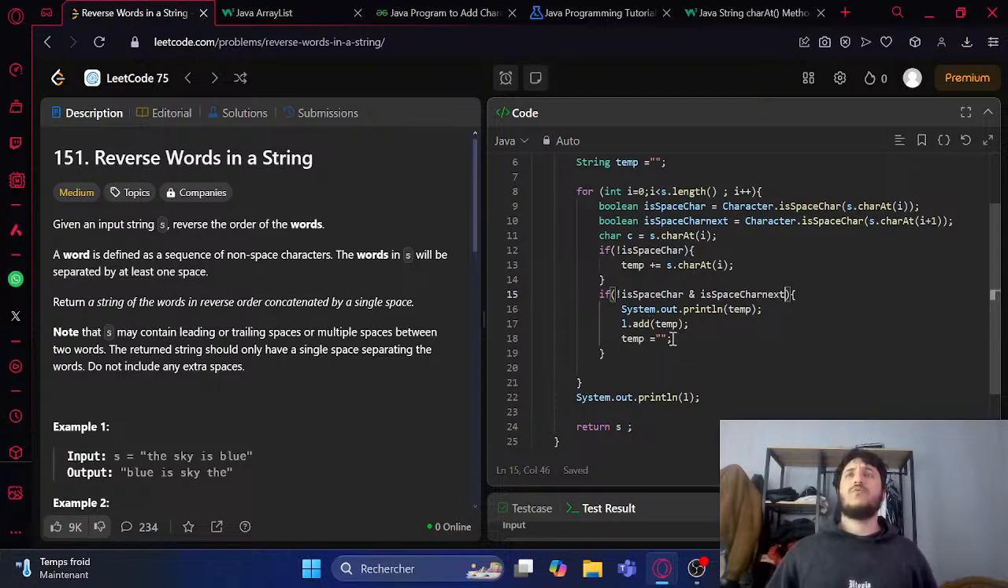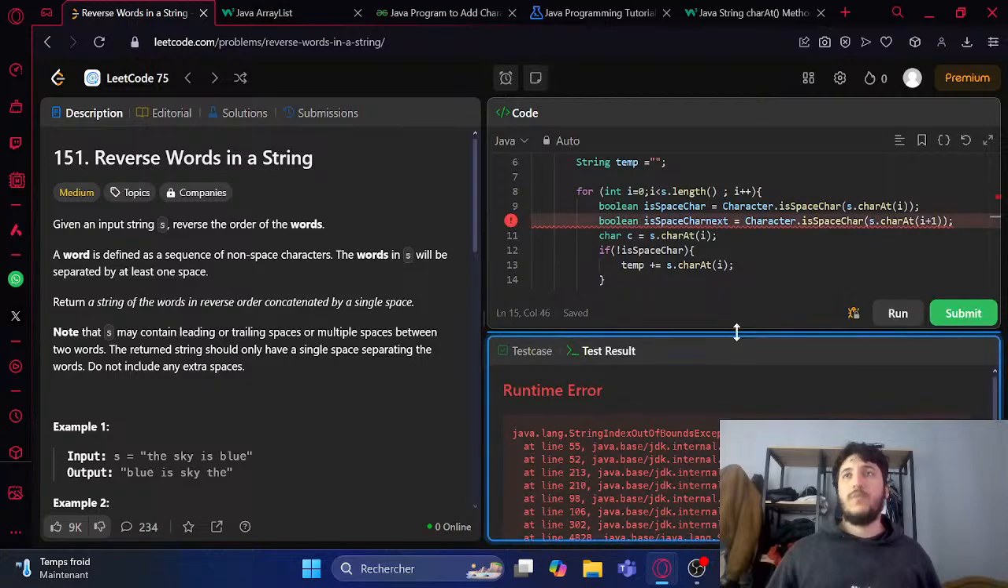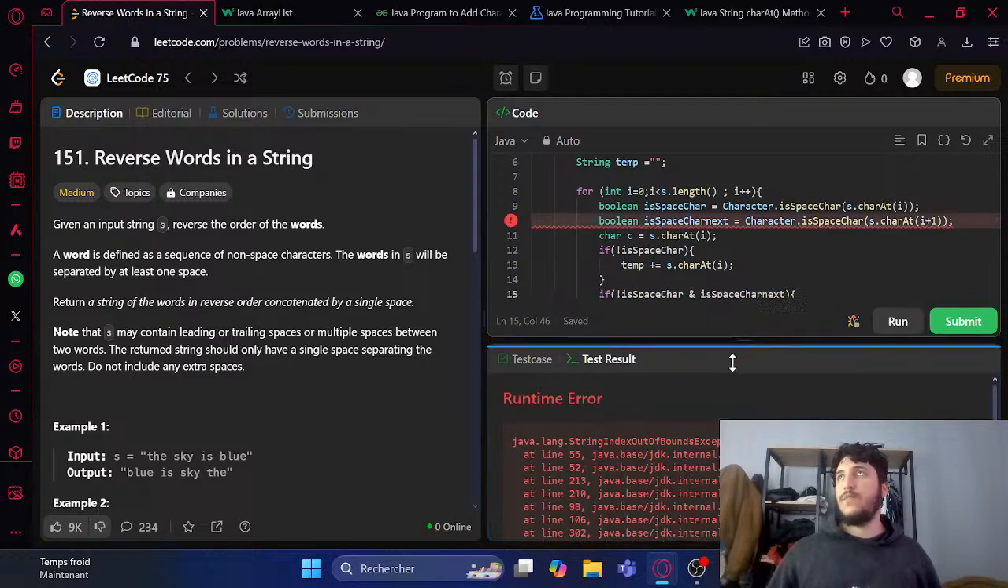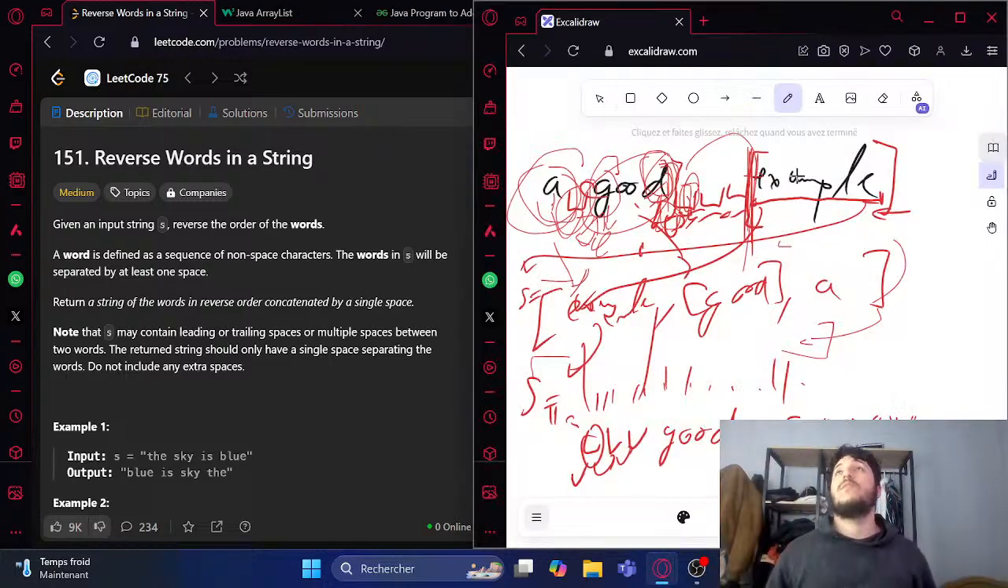I have to initialize. Okay, so this is good. An error, it will be an error, yeah. Index. Oh, for the last element. Okay. So if it's the last element,